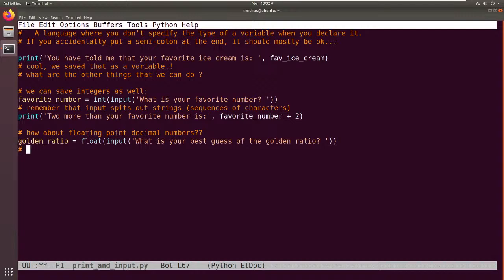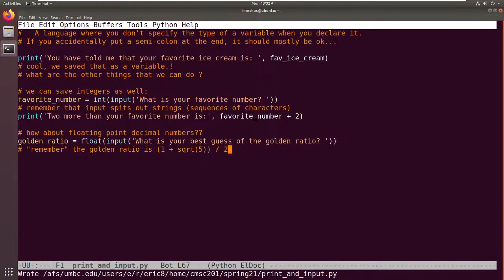And so if you remember, I'm using remember in quotations, the golden ratio is 1 plus the square root of 5 over 2. So, and then print out